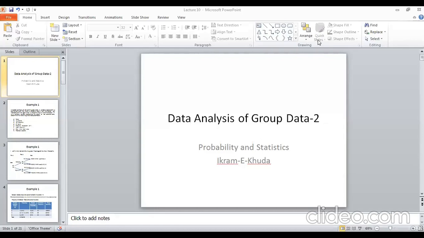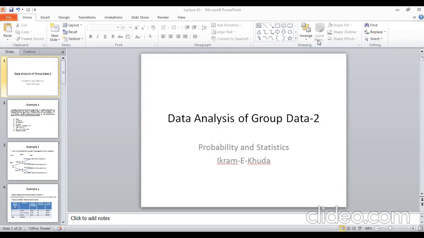The first one we did was the class interval data type of group data, and the second one is this one which we are going to start now. In the class interval type of group data, as I told in that lecture as well, the data that we have got is not grouped itself. It does not carry any classes, any groups, anything which can differentiate between different values in the data set. Rather, we create classes in that data, and in this way we create groups.